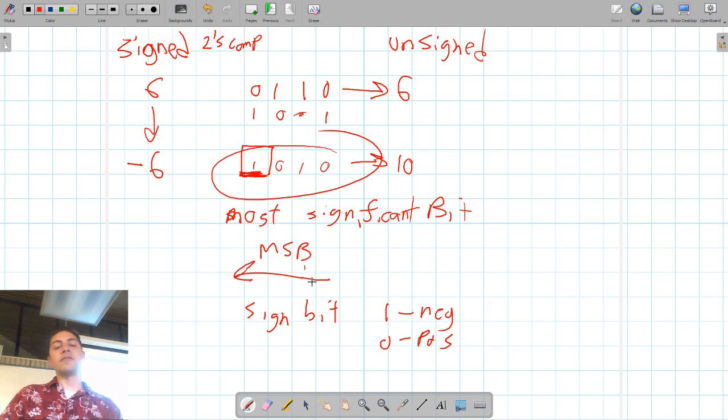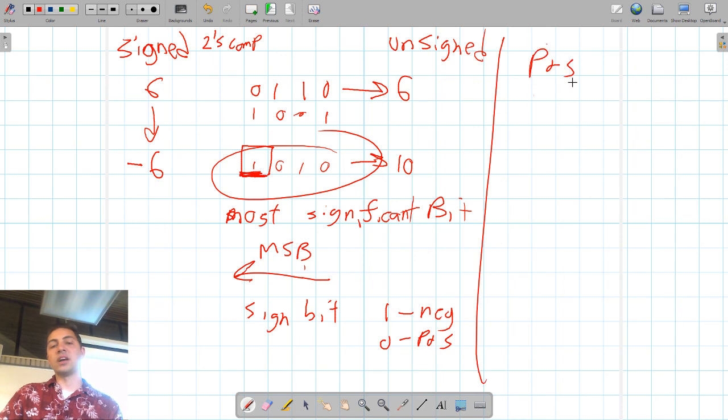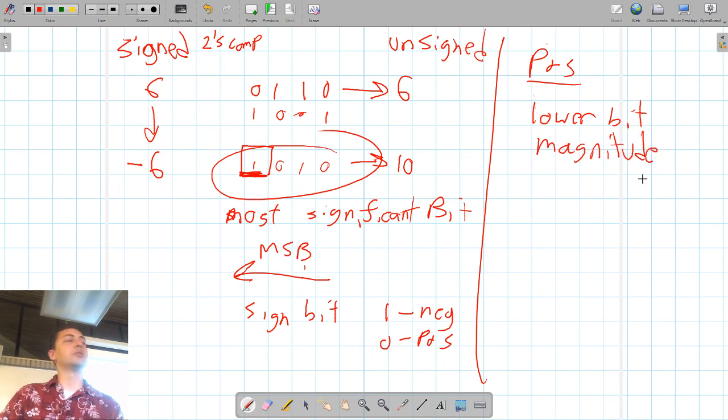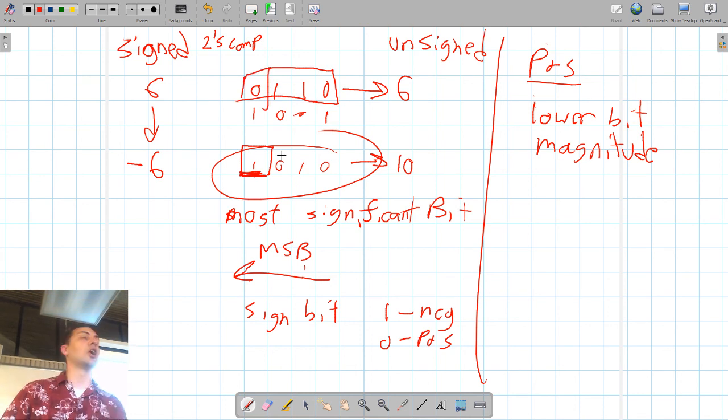Now, if you have a positive number, the lower bits are the magnitude of that signed number. So I look at this number. The upper bit is the sign bit. It's a 0, meaning positive. The lower 3 bits there are the magnitude. So you just look at them as a binary number. What is 1, 1, 0? It's still 6. If it's a negative,